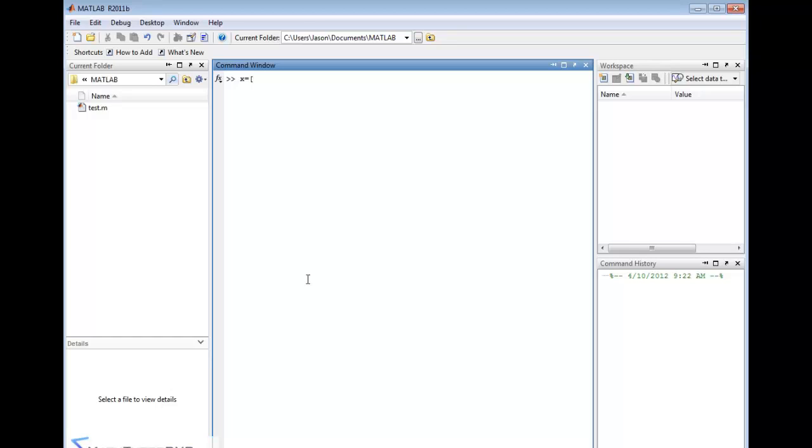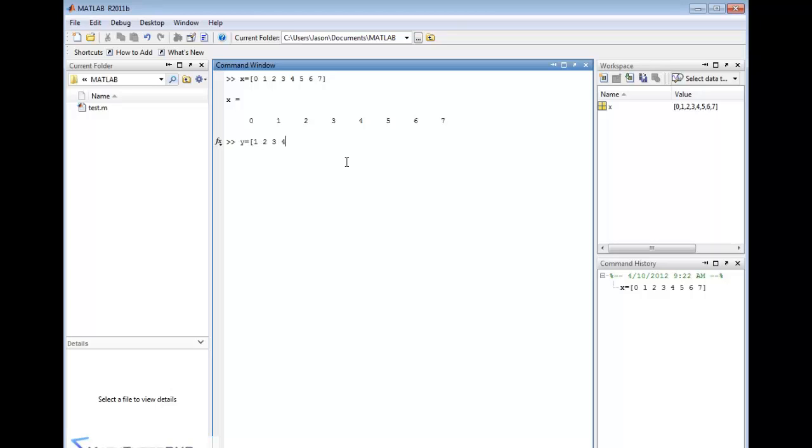So let's say that data is 0, 1, 2, 3, 4, 5, 6, 7. Okay? And that is my X data. So it's going up from 0 to 7. I'm going to go ahead and hit enter, and that's creating basically a vector, a single line matrix of 0 to 7. Now I'm going to define a Y vector that's going to be something like 1,